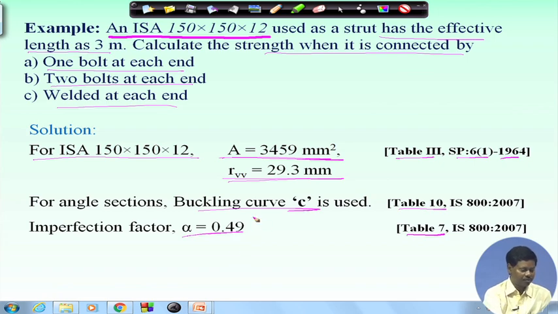So, these are the few things we can find from table 10 and table 7, that is, the buckling curve is C and with respect to the buckling curve the imperfection factor alpha is 0.49, and the cross sectional area and radius of gyration about the minor axis can also be found from table 3 of SP 6 1 1964. So, from this data I can now find out the design strength of the compressive member